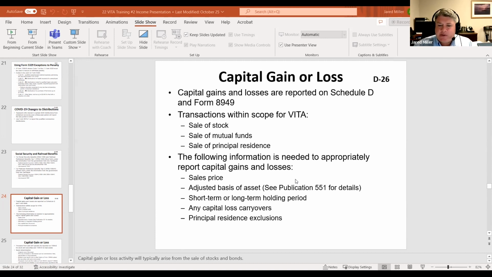Other thing we may want to just double check on would be any capital loss carryovers. Now, VITA, if you have been here before, it should carry over any capital loss carryovers. If they are brand new to VITA, we may want to double check their prior year return to see if there's anything reported on the Schedule D. Schedule D is where all of your capital loss activity will be summarized. The Schedule D will let us know if there are any capital loss carryovers for the current year.